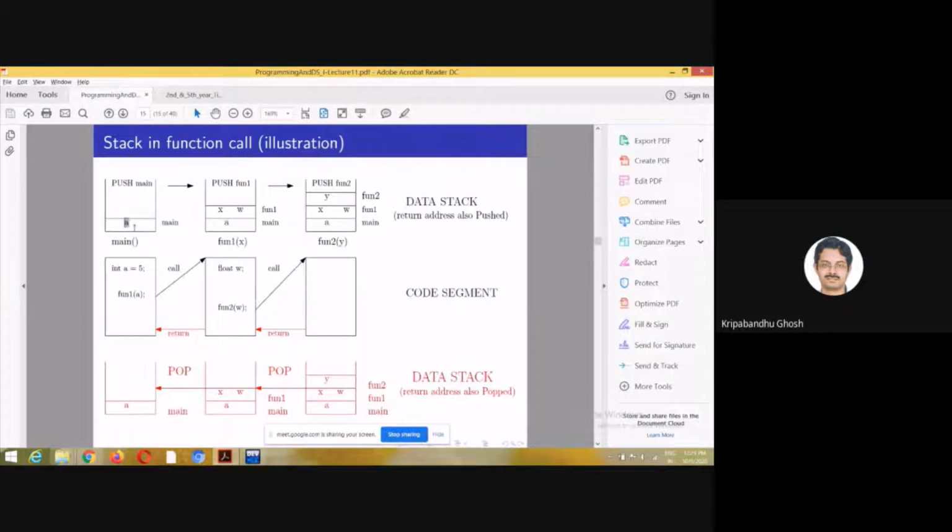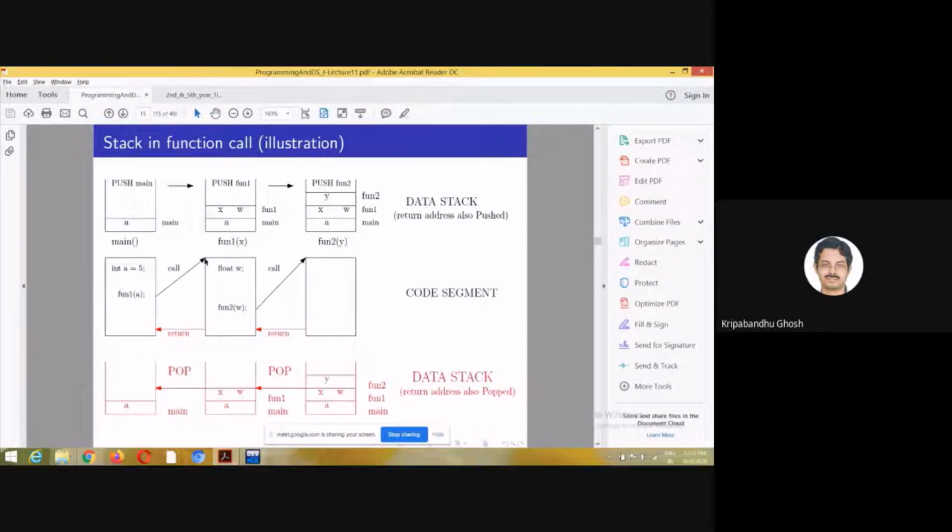What do I mean by represents main? It stores the variable and its value, the local variable and its value. So what is the local variable here? a, right? In main. Also, it stores a lot of other things. Apart from that, it also stores the return address, where it should come back. When it comes back from the function, where exactly at main it should come back is also stored. So this is one compact element that is pushed into the stack that contains information about main, with regard to where the function should come back on its return.